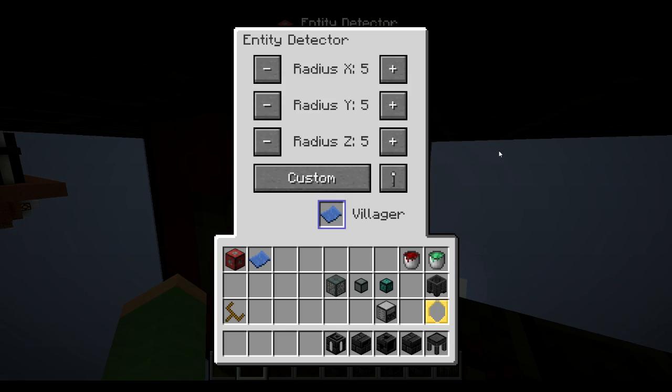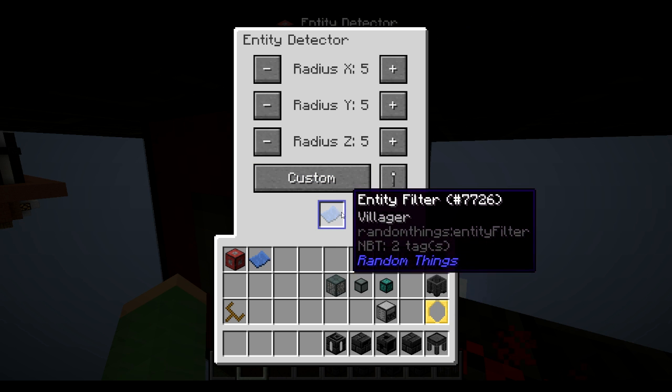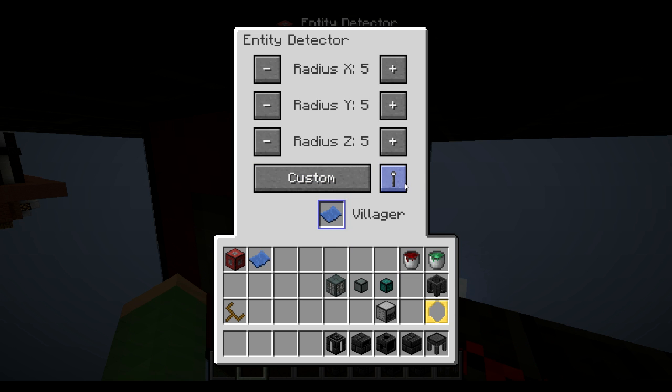Now, this guy can detect, in a variable range, entities. You can set it to all entities, to players, to you name it. Yeah, all entities, living entities, animals, monsters, players, items, or custom. Now, I have it set to custom, and then a villager. And basically, yeah, it only outputs a redstone signal when it detects villagers. So if this was on...